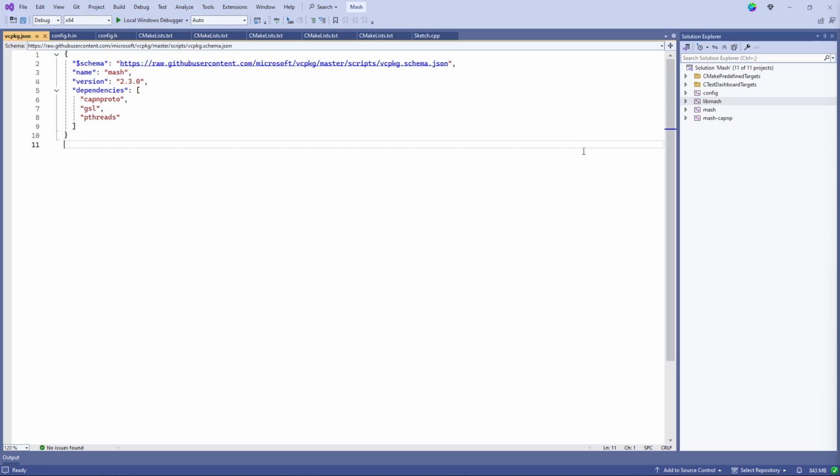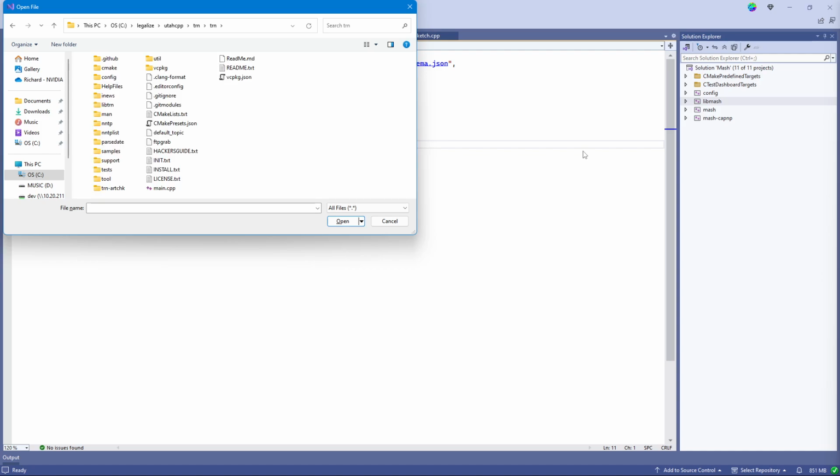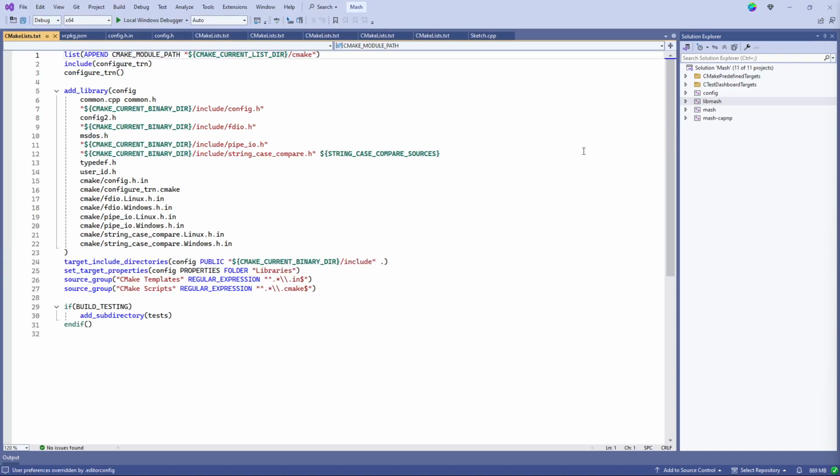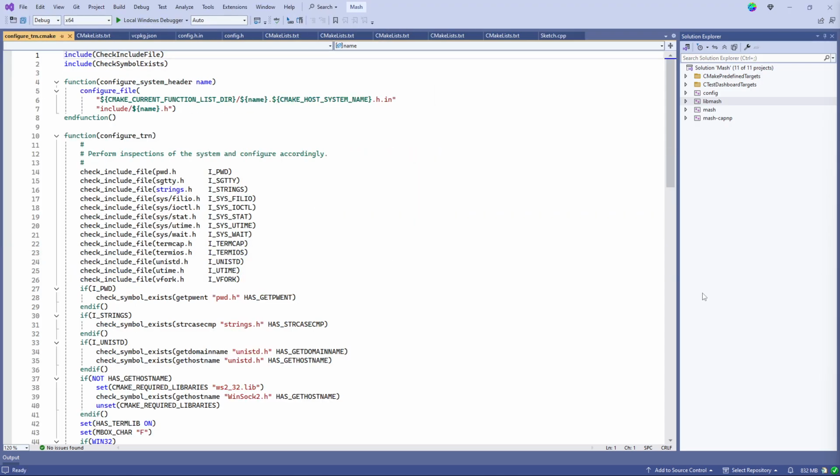So I want to show you really quick my example, where I was talking about creating the fdio.h for file descriptor IO. I kind of cheated here. If we look at my little configure script, which I have in my CMake directory,